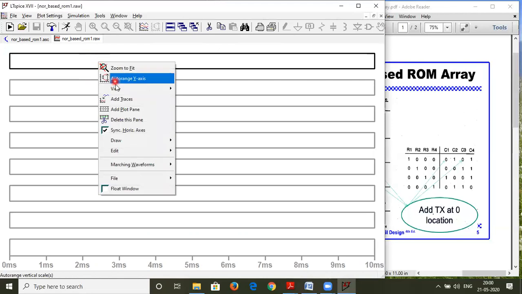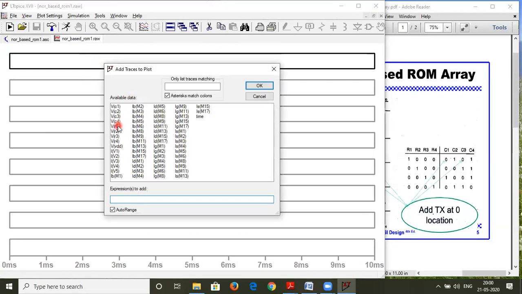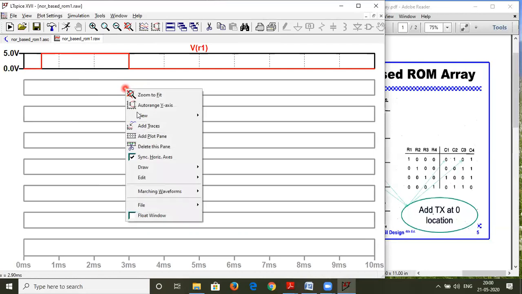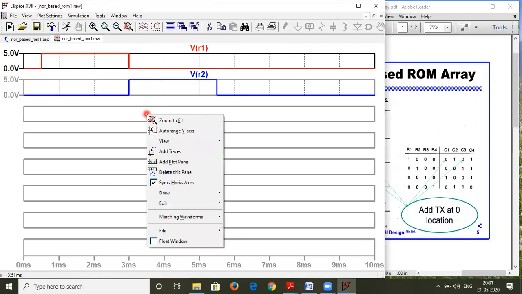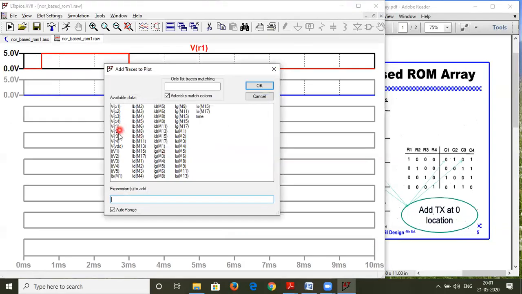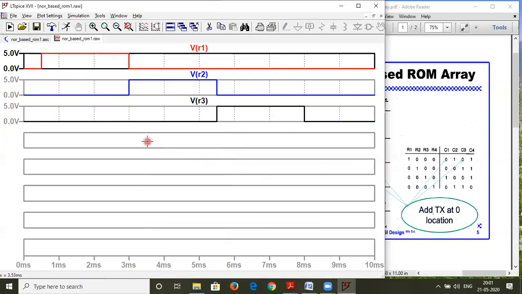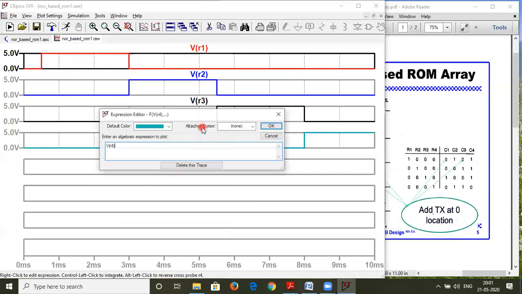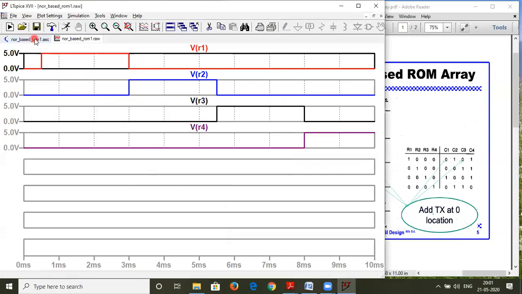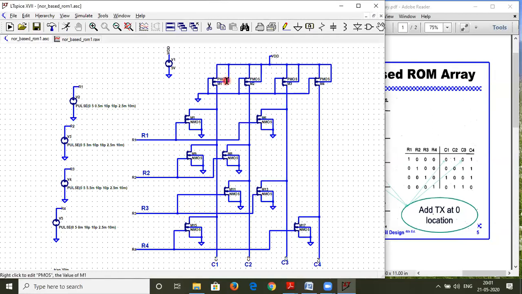Yeah. So first I will plot R1. Next I will plot R2. Next I will plot R3, and next I will plot R4. Okay. So let me just change this color to a darker one so that it's visible. So what we will do is only one thing is left, that we have to add the dot model statement. So we'll do that. Let me just fast forward the video.